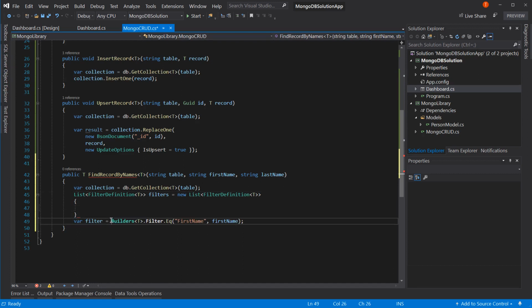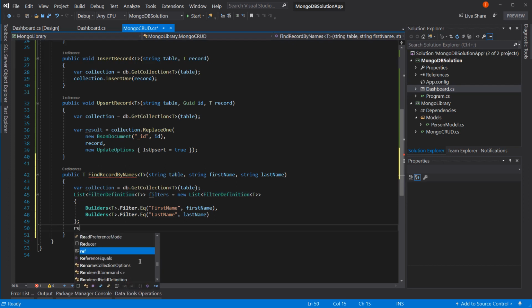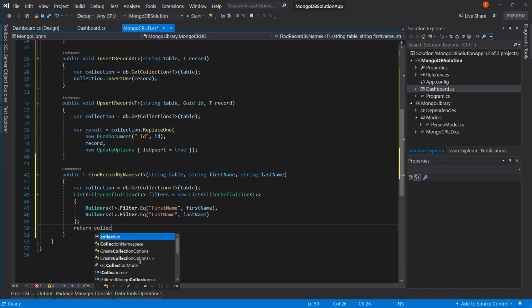And let's add this. And now I need to put a semicolon at the end. I'm going to do a comma and add another one, but this time I'm going to say last name and last name. So that takes care of having more than one filter. But then how do we use this? Well, we're going to return collection.Find,